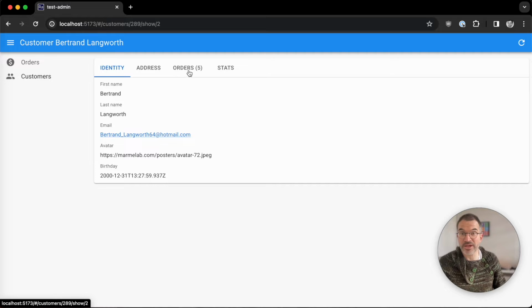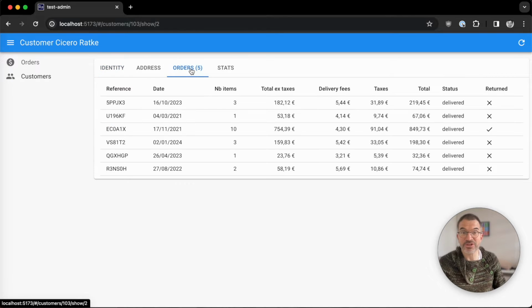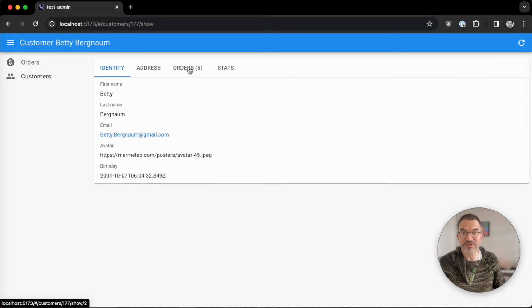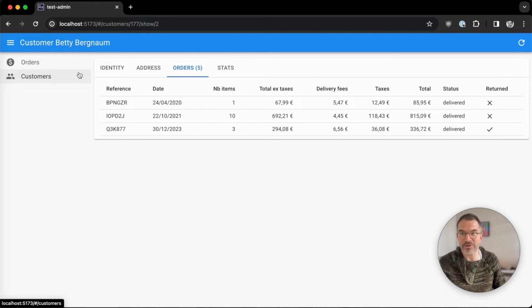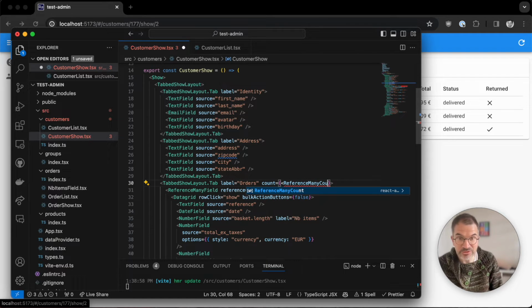So it works fine, except now all the customers have 5 orders, even though they have less than that. So I need to put a dynamic value here. And for that, I'm going to use the reference many count.